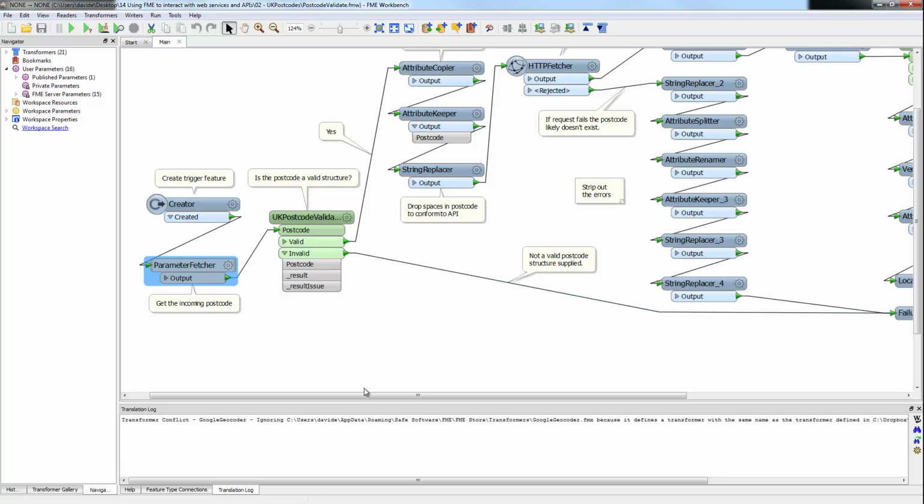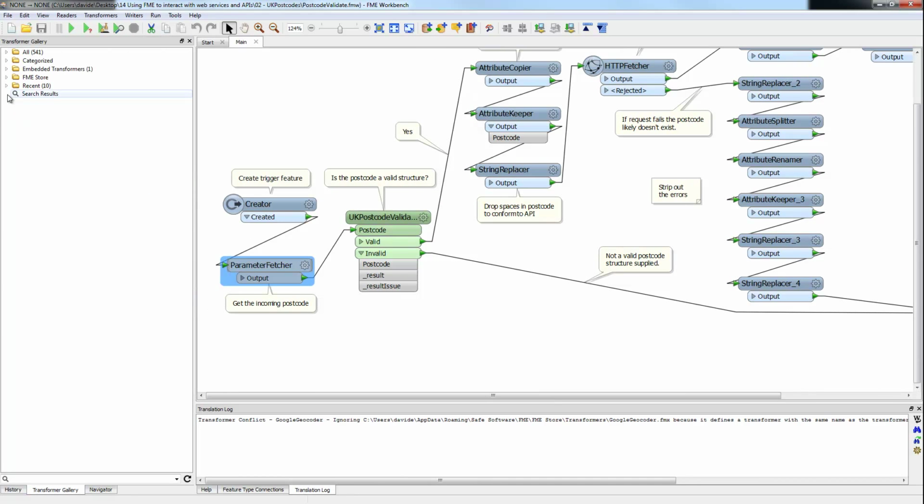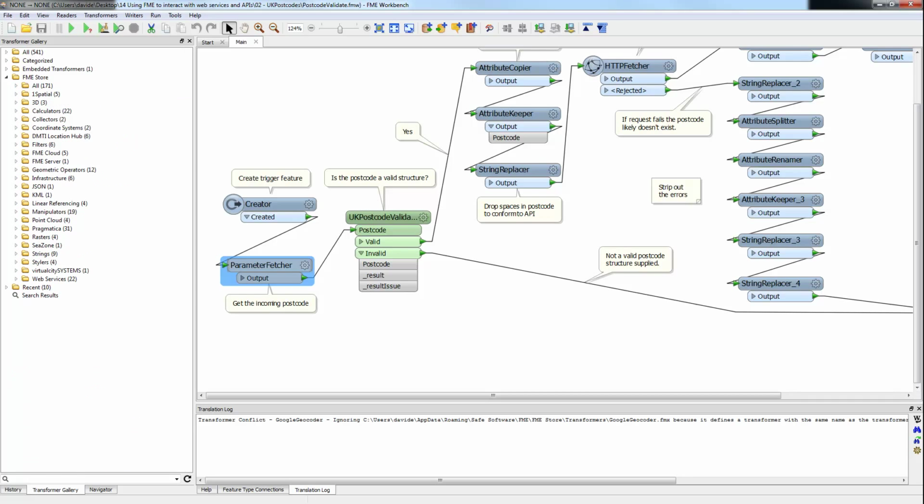In order to handle that problem, we fetch back the parameter and put it straight into the UK postcode validator, which is a transformer that we built and have made available via the FME Store. In order to access transformers on the FME Store, you'll notice that if you go into the transformer gallery, you should have a number of transformers available to you. Ones that have the little green download button on them can be downloaded,